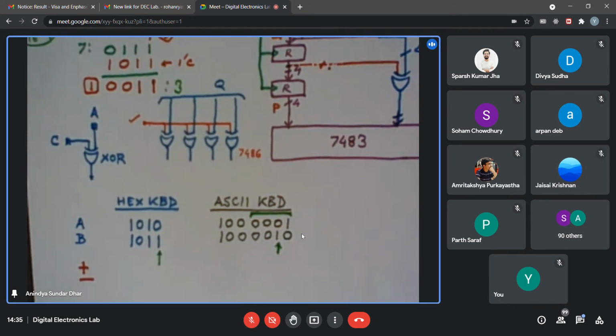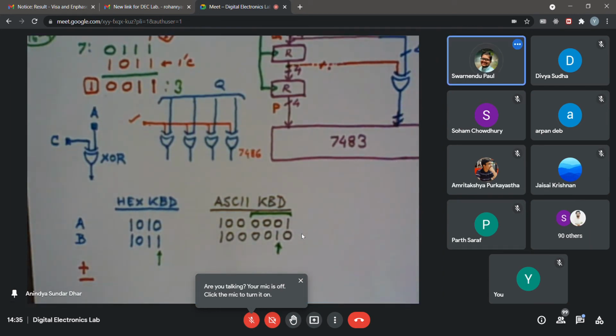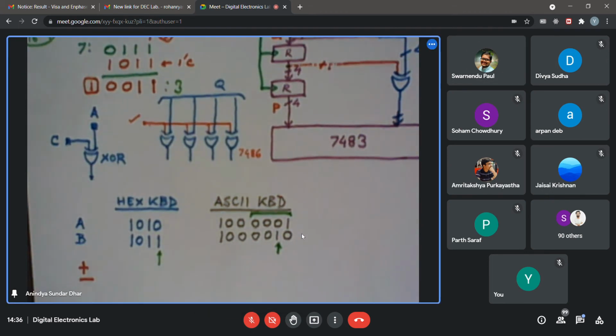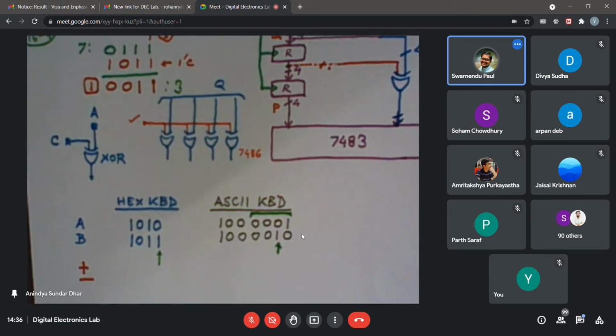So apparently both are odd numbers. So how do you tap that if I really use plus and minus from the ASCII keyboard? Third bit will work, sir. Can you tell me the binary form of that? 43 is 101011.